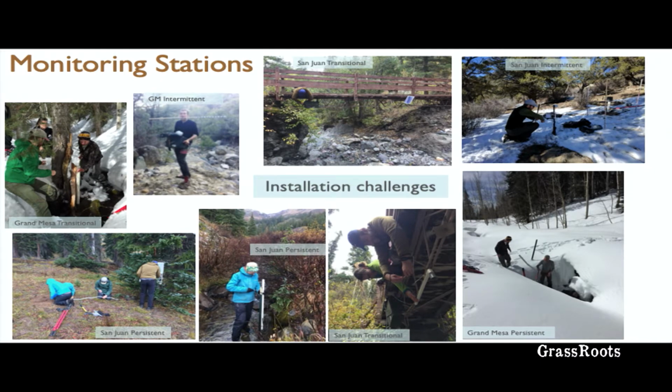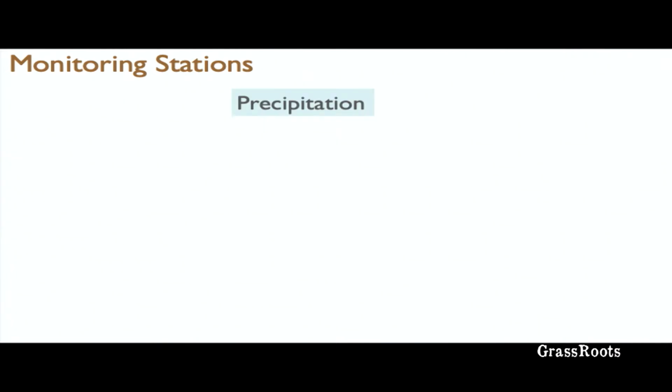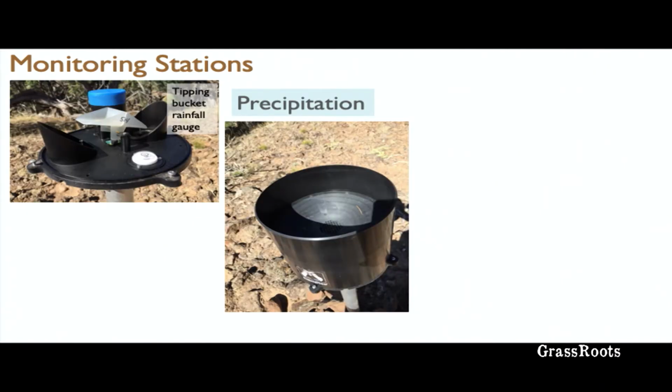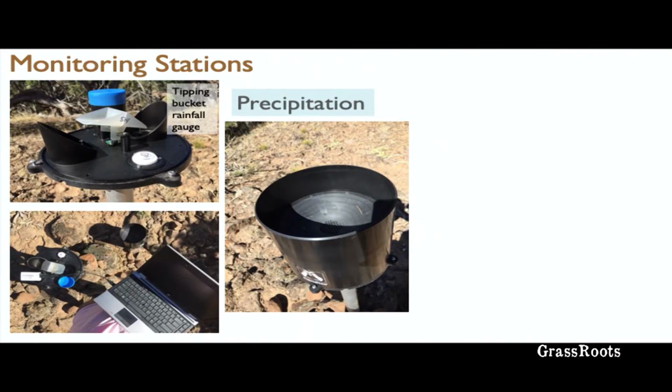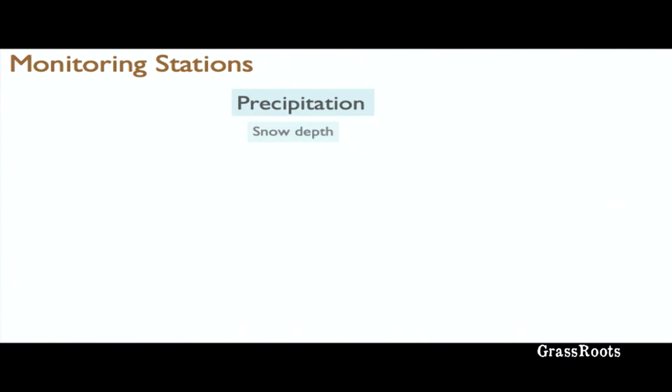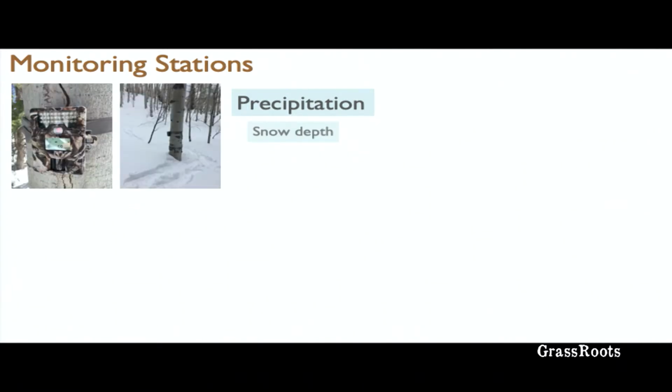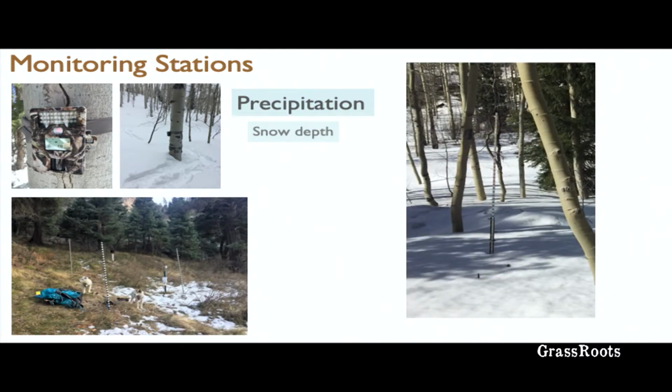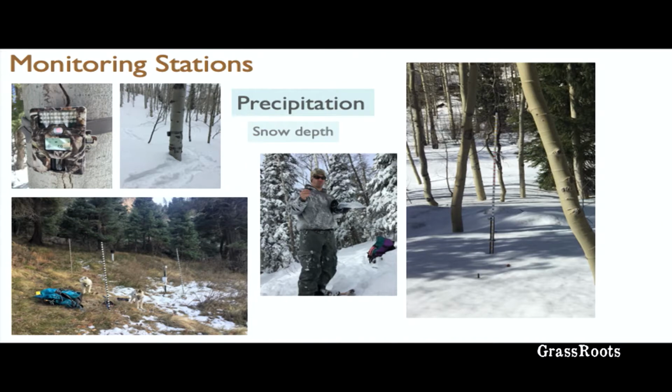rain and standing in streams. And for the students, it's been a lot of fun and a great adventure also. So we're measuring rainfall, which is great in the summer. Those tipping bucket rain gauges don't work very well in the winter, so that's another challenge. We measure snow depth, and we're on a pretty low budget with our little operation here. So we have a snow camera that points at snow stakes, and again, sometimes it's not so much fun when